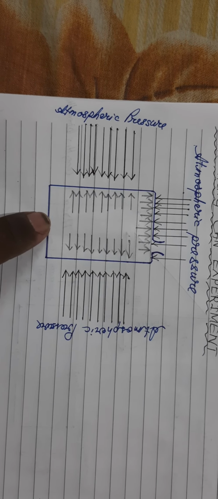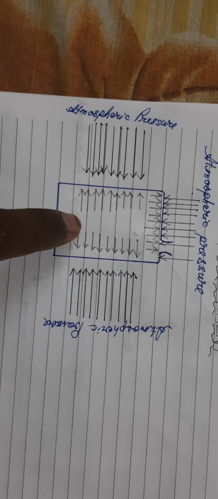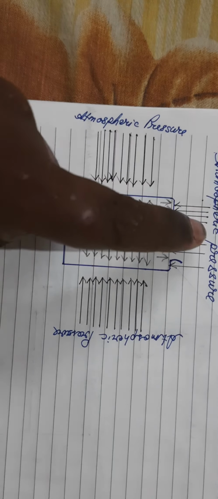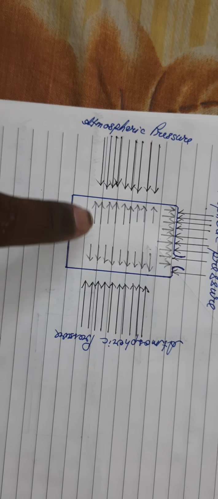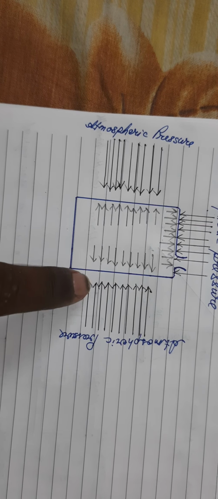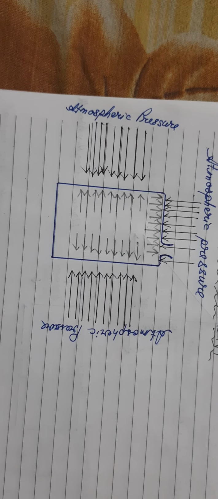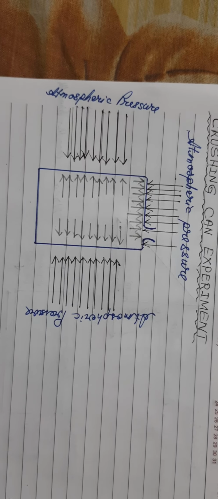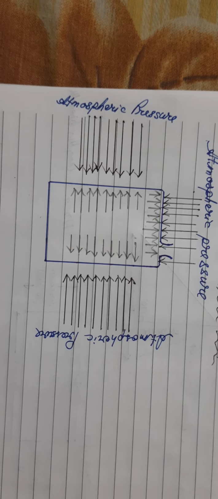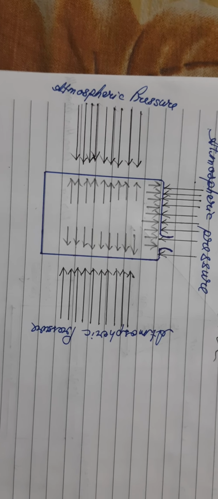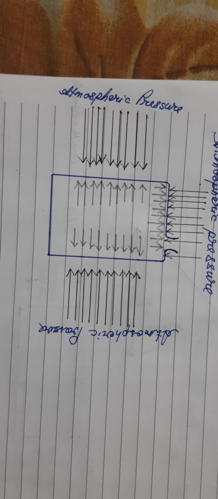Now inside the tin can also there is air, isn't it? From the inside of the tin can also, an opposite force which retaliates against the outside atmospheric pressure is developed. From the left side, outside atmospheric pressure is retaliated from this side. From the top, the atmospheric pressure is retaliated from the bottom. From the right side, the atmospheric pressure is retaliated by the air from this side. So from all around, atmospheric pressure is put on the can, and from inside the can also a retaliation force is given back. In that way, the tin can retains its shape.